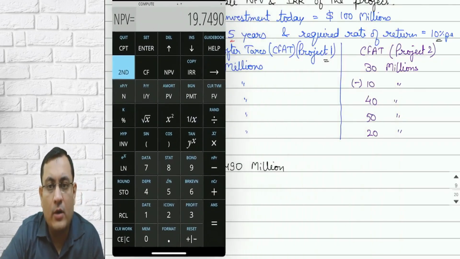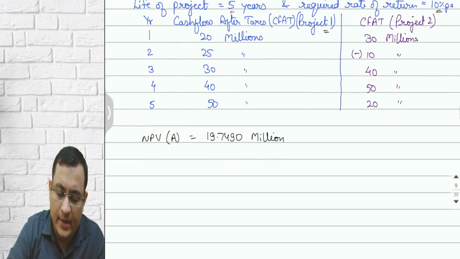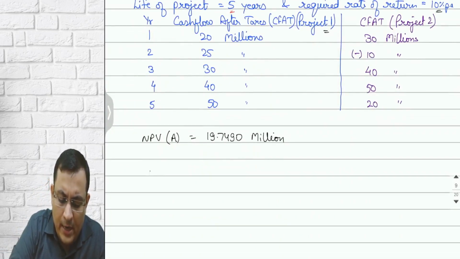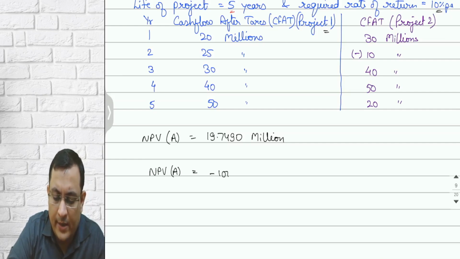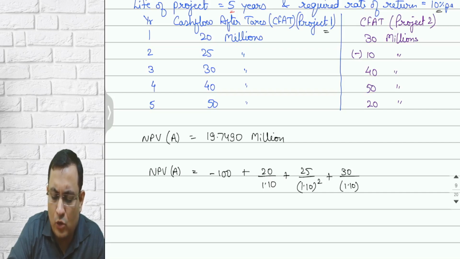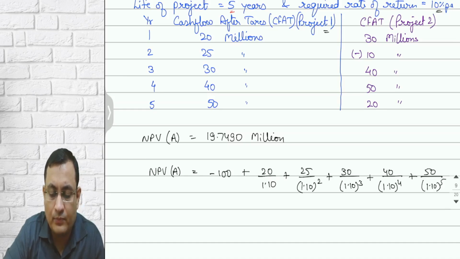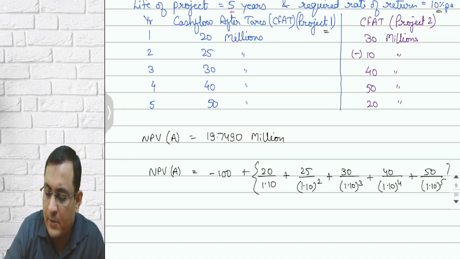Next, let's go for calculation. What I have actually done, I have NPV of A is equal to minus 100 million plus 20 divided by 1.10, plus 25 divided by 1.10 square, 30 divided by 1.10 cube, and second last 40 divided by 1.10 power 4, and last 50 divided by 1.10 power 5. So this is your PVCI,